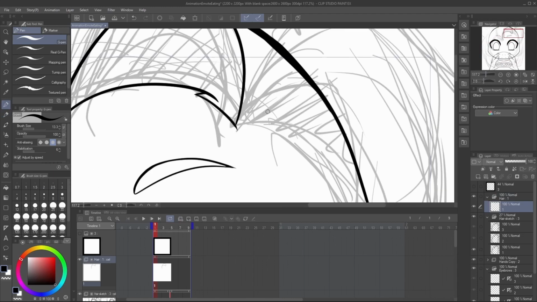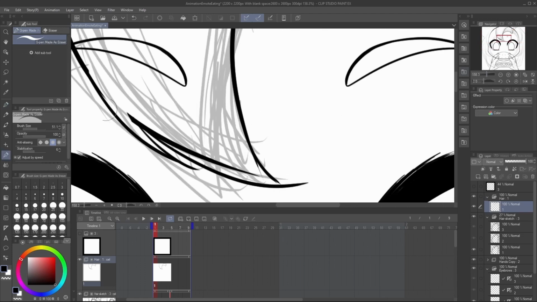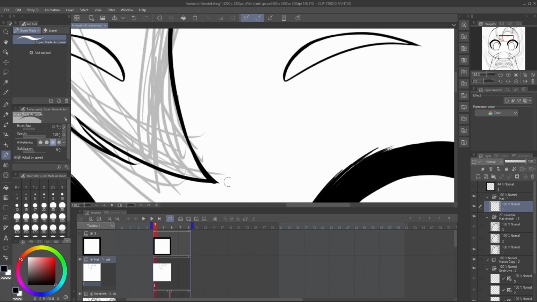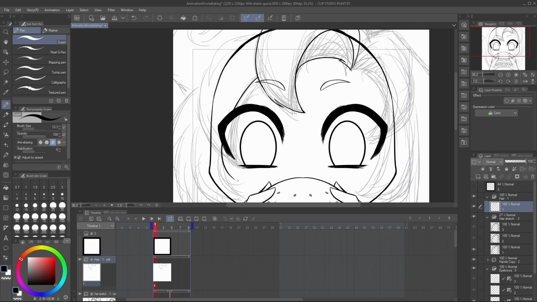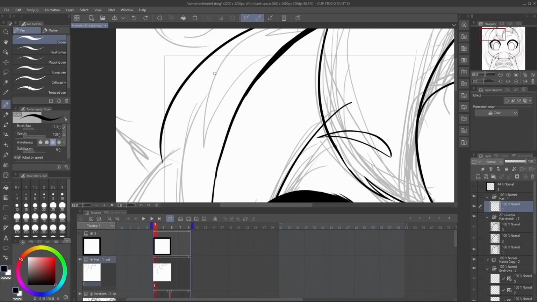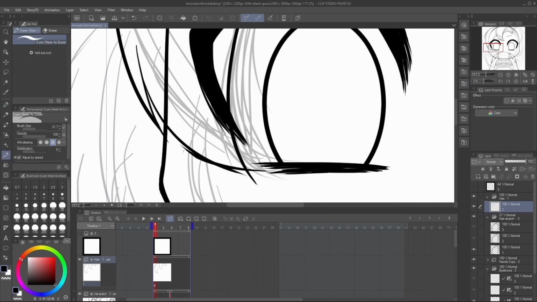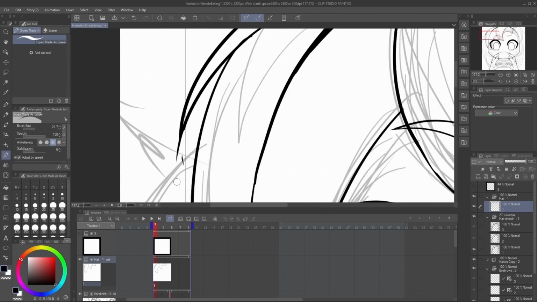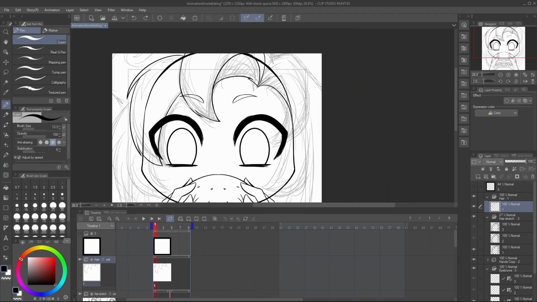Okay, and I made a new animation folder again and just started with the line art on the hair, and I added a few more hair strands. And now the top part of the hair is not symmetrical, so I had to draw them both left and right. However, I do have two hair strands that are symmetrical, so if that's the case, you can actually drag